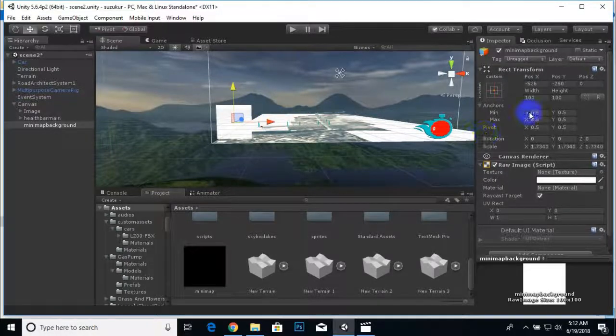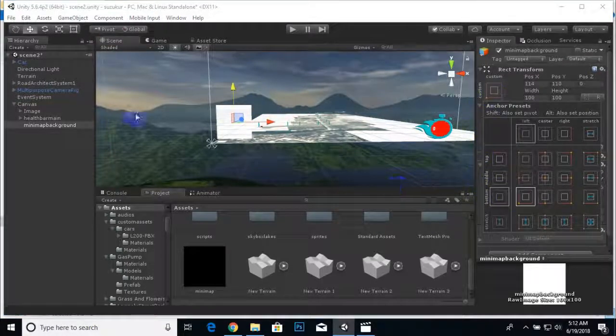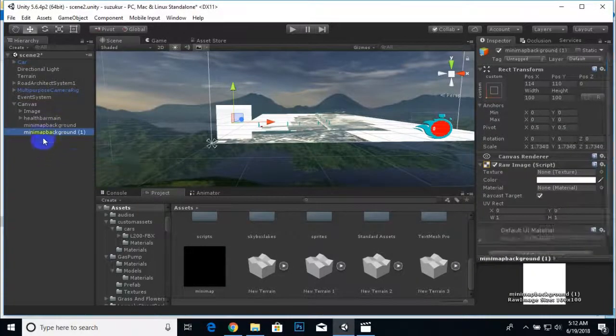So now we can anchor this to this end, and after that we will duplicate this minimap again, and we will place this minimap on top of this main background. Okay, and we can name it minimap. This is the actual minimap that we need here.